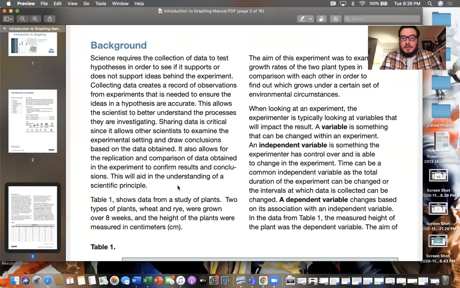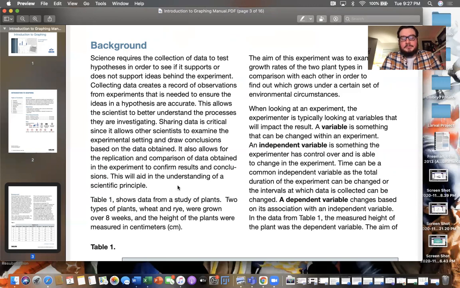As professionals in whatever field we decide to go into, we need to be able to communicate with other people within our field and even people outside of our field. And a great way to do that is by representing data in graphs. Small amounts of data could look really nice in a table, or you can just add it in the text. But for large data sets, graphs are going to be a really important and easy way to